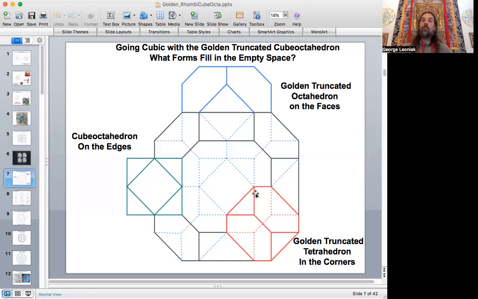We also have the golden truncated tetrahedron over here, which is this one here. This is one of the first forms that I discovered of these golden hexagon truncated forms, was this one here. And it's got the triangles, and instead of regular hexagons, we have truncated ones. So those would fit like in the corners. These would be going into the octagon faces, the irregular octagon faces, and then actually on the edges of this form, if I'm calling this the edge, but it's really a face, well, inside of this, it